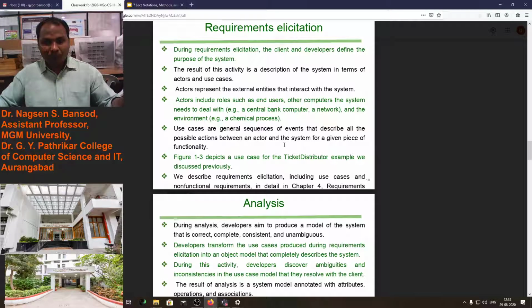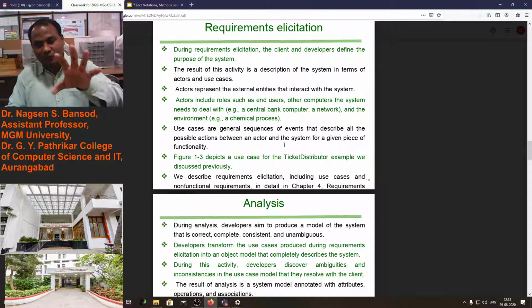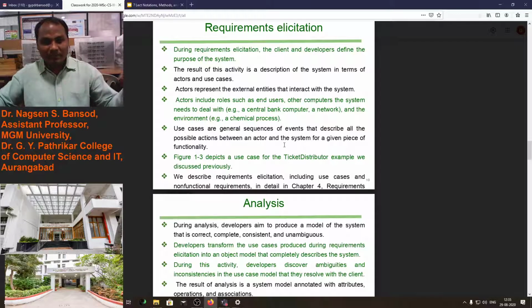All those activities will be use cases. For the printer, another use case will be there. For attendance purposes, another use case will be there. For selling products, another use case will be there. There will be multiple use cases. We have to acquire the information at that time and design the use cases.